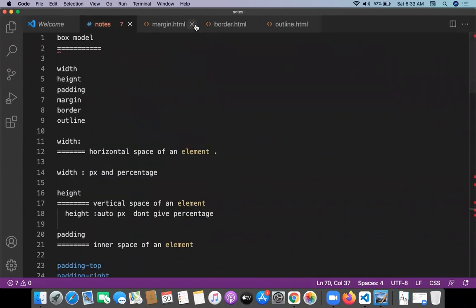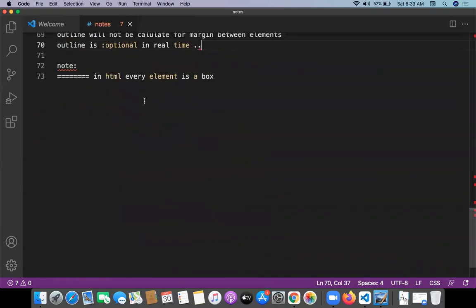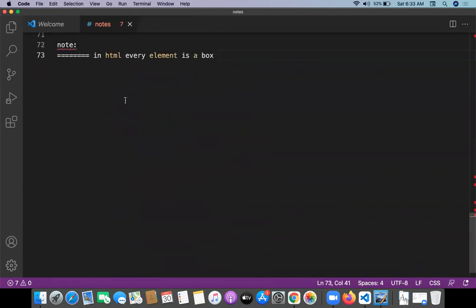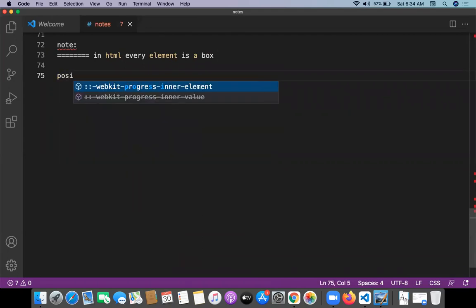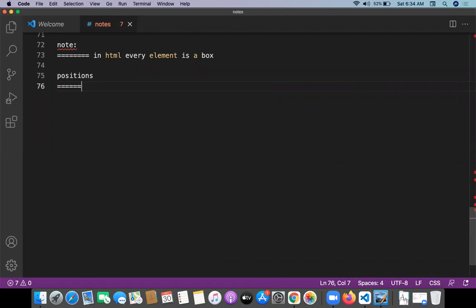The last concept, one more concept pending in CSS, is called positions. Most probably in tomorrow's session I start with JavaScript. There are a lot of positions available in CSS.